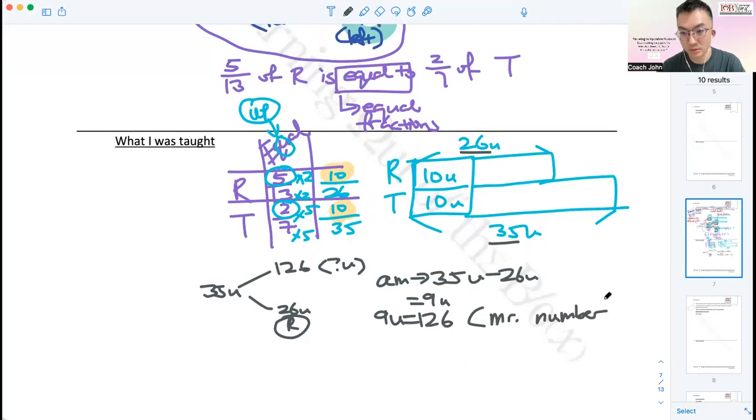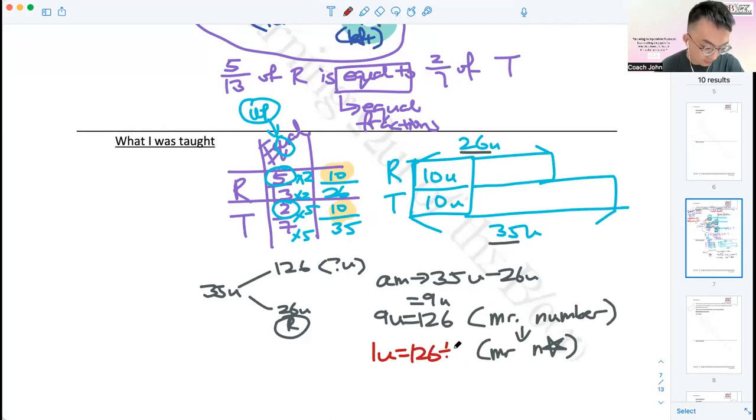Okay, Mr. Number has to find Mr. North Star. And in LOB, our class learns North Star as 1 unit, because this is like your compass, your guiding light. And you realize that it's always the same step that you have to find your 1U, which is the North Star,